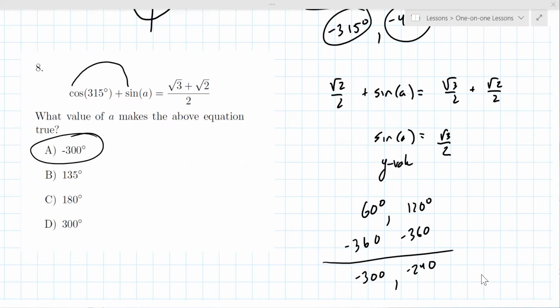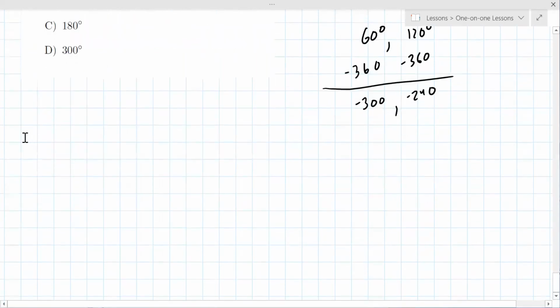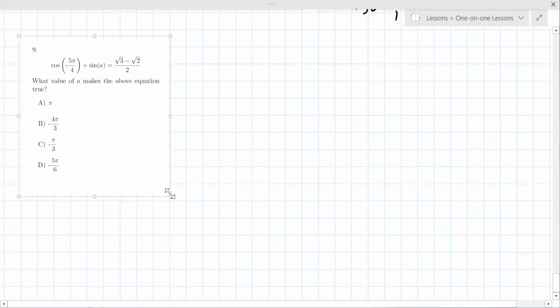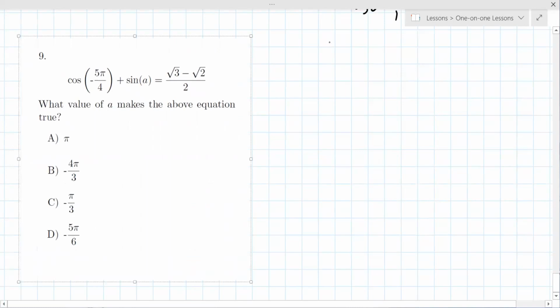Do you remember what you add or subtract with radians? It's not 360. It's 2 pi, because 360 degrees equals 2 pi. So when you get your two answers,